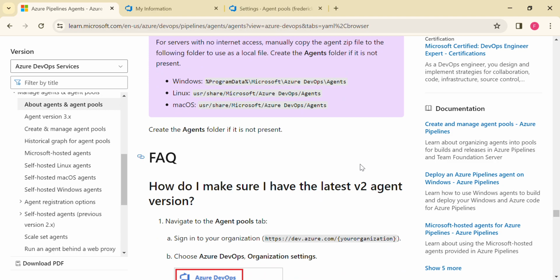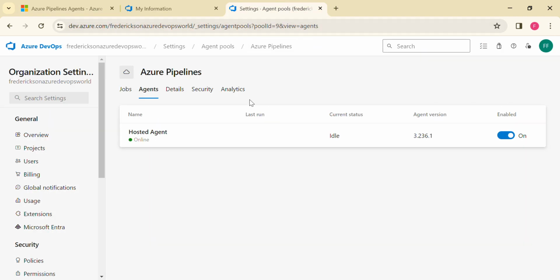So you can update the agent. For example, it shows an idle hosted agent from Microsoft. In the background, it is a cloud machine which is available, ready to pick